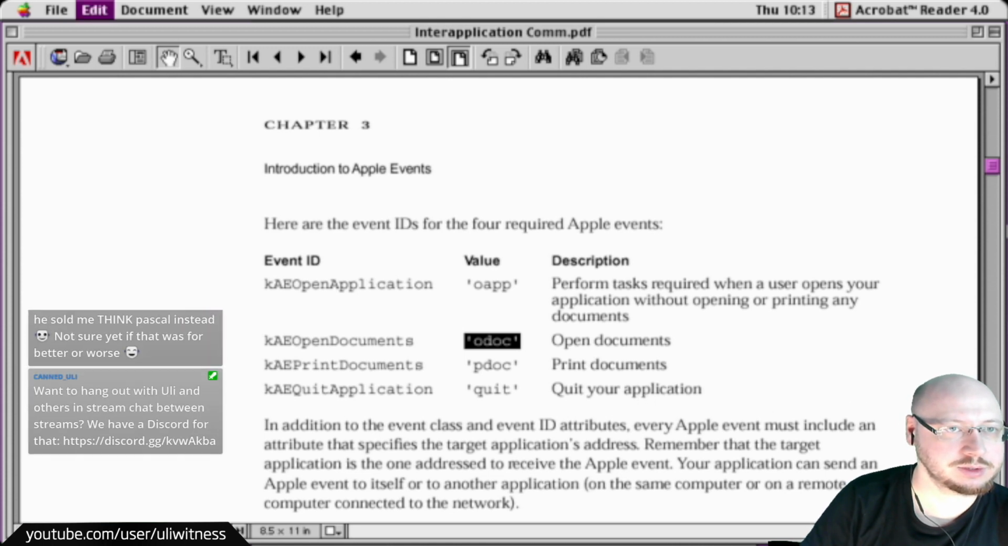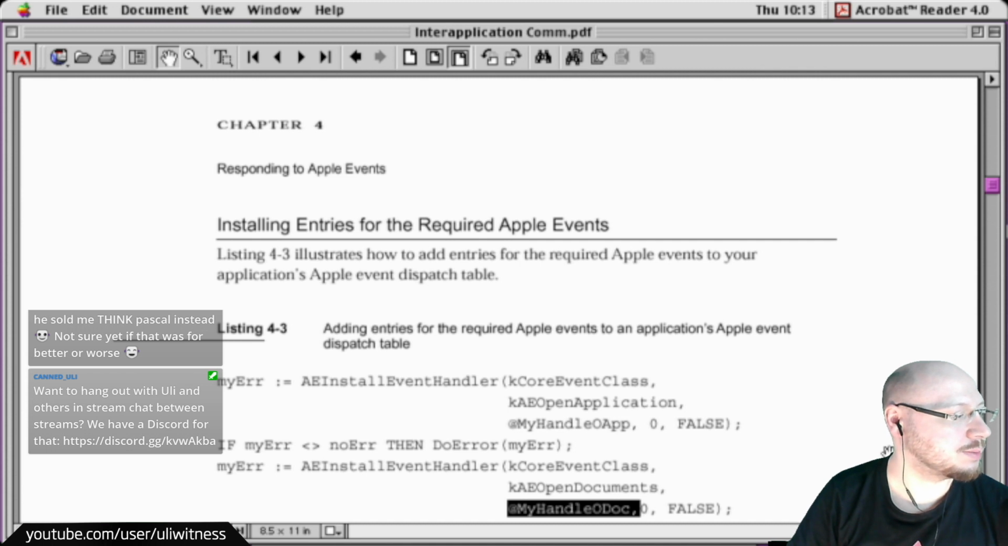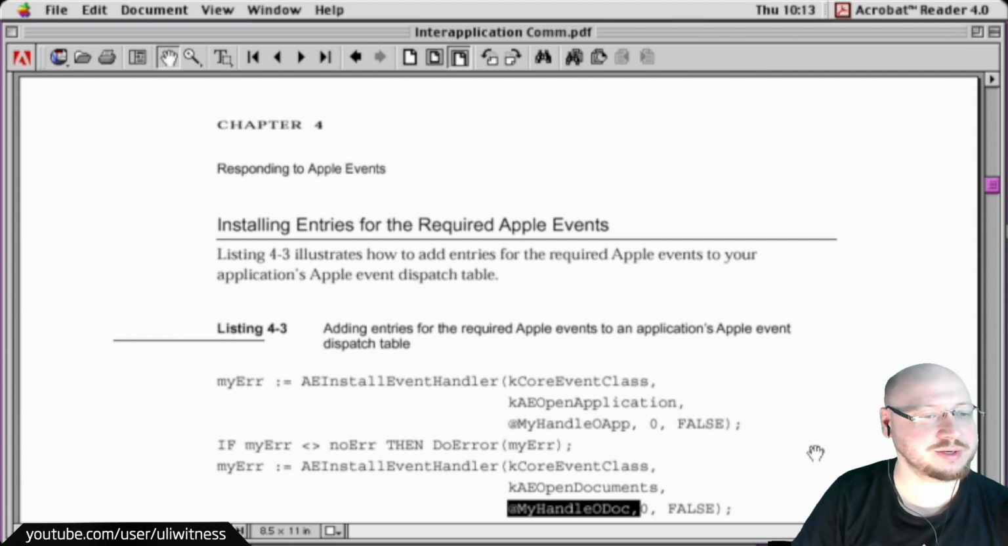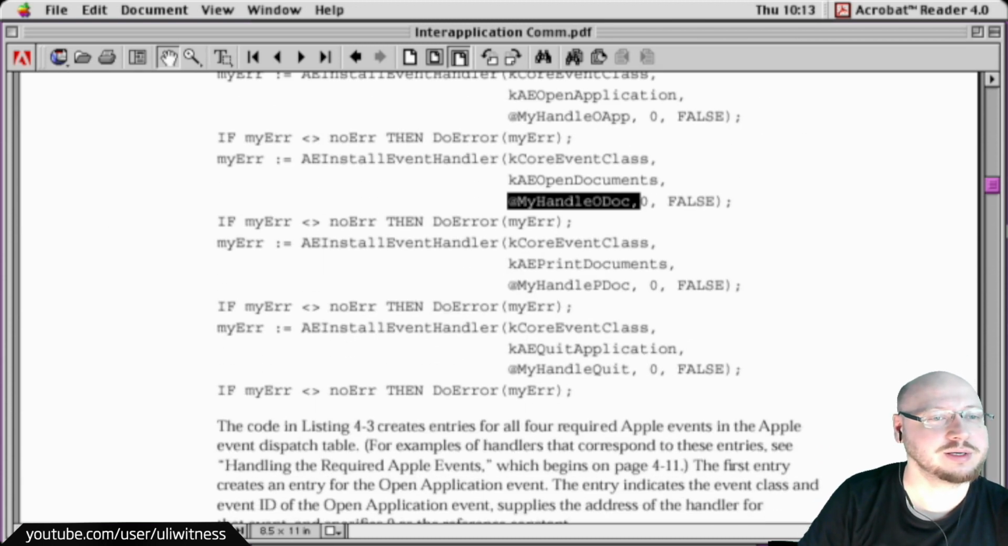documents. Yes. When you were a kid back around 1994, you wanted to buy HyperCard as your first IDE, but the guy in shop said it was deprecated and sold out already back then. So he sold me Think Pascal instead. Not sure yet if that was for better or worse. Well, if you got into programming, then I guess it was better. But yeah, it's a bit